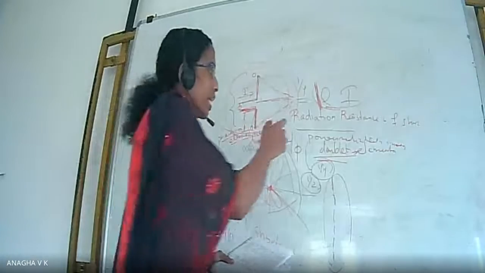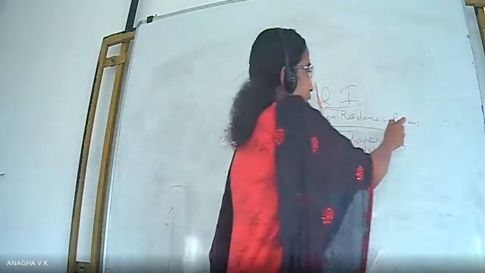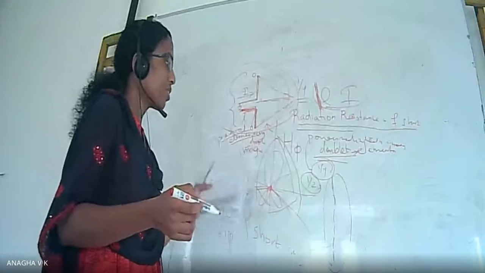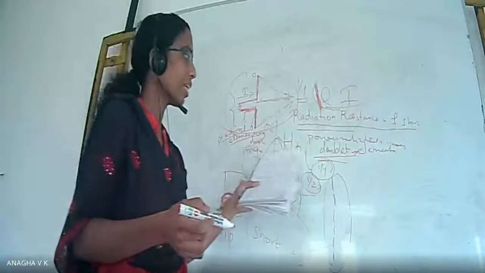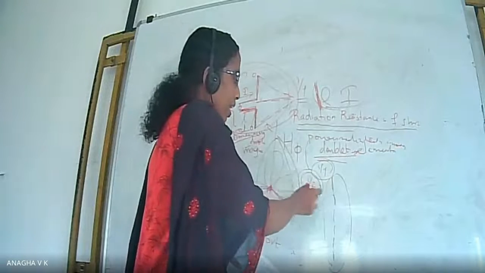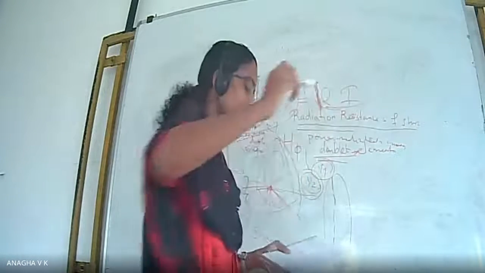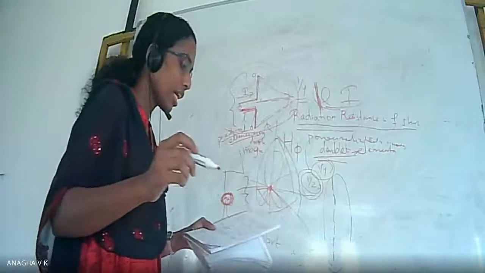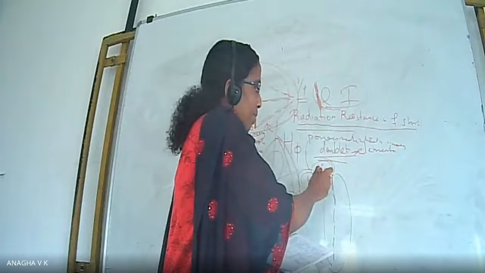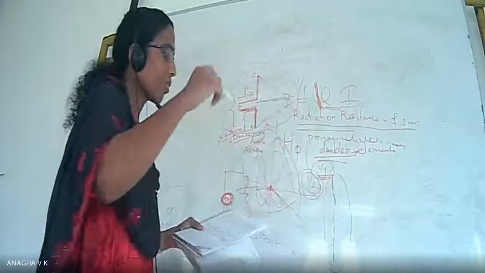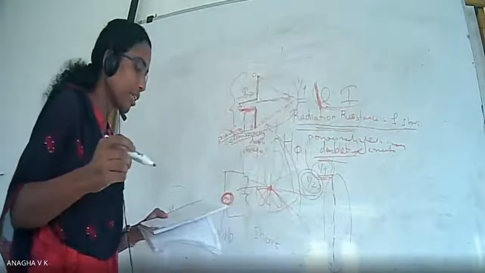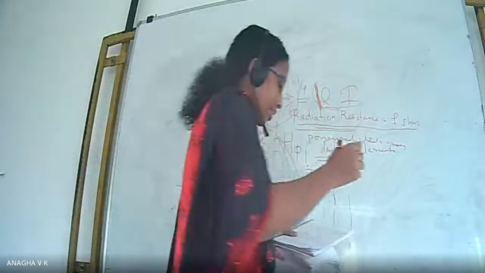Hence, we are writing the equation for radiation resistance. So we are discussing radiation resistance. We said the power radiated will be only 1/4 and the field strength will be only 1/2. Thus the radiation resistance of the short dipole is 1/4 of that of the current element of the same length, since the power radiated is 1/4.